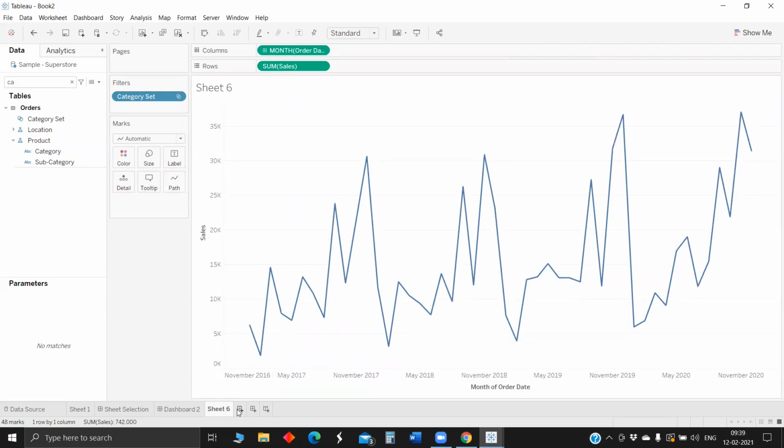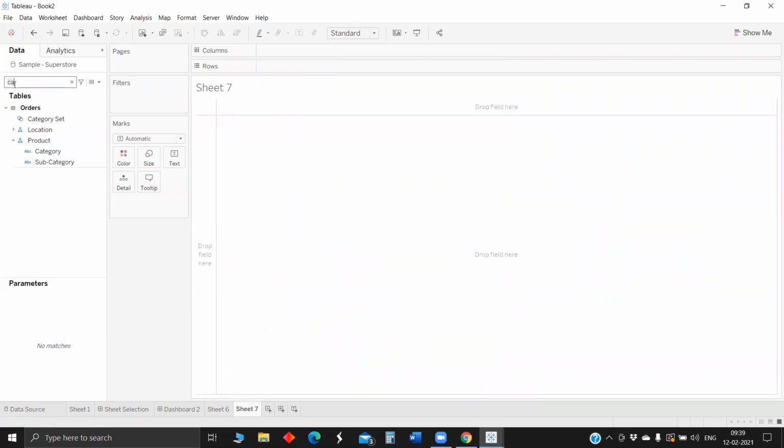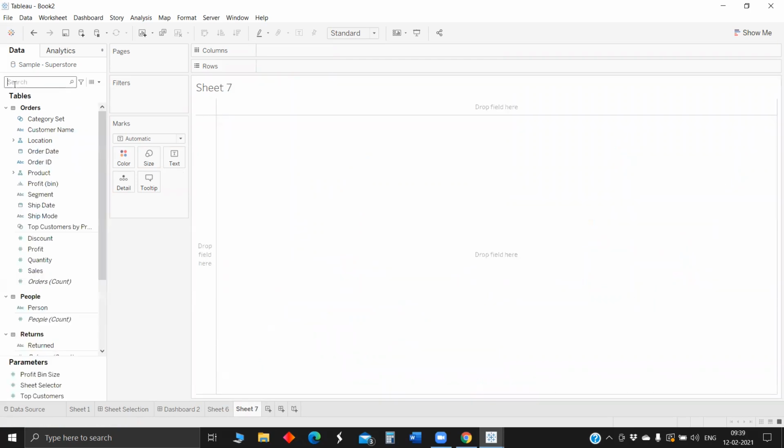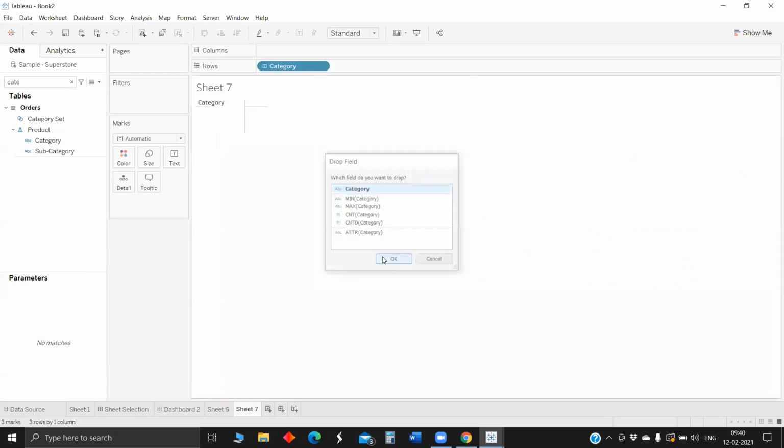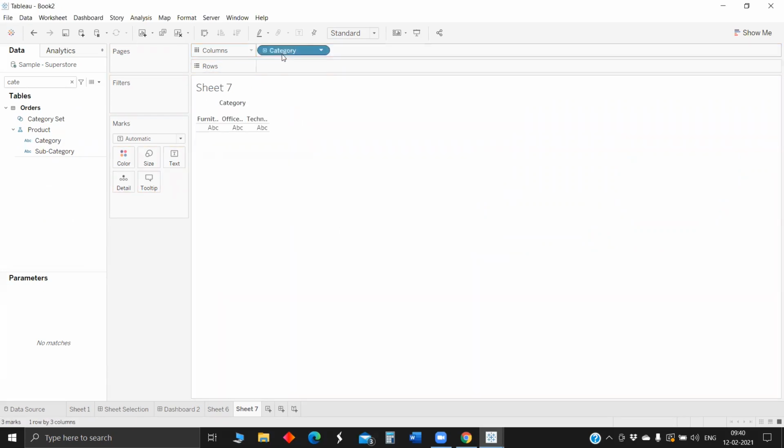So next, similar to the earlier example, now we have the sheet. We have to just make an icon kind of separate sheet to ensure it happens. So let me drop the category field in rows, category in columns. Let me drop the category in shapes as well.